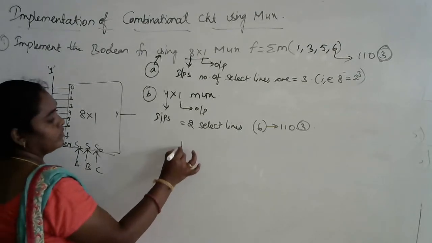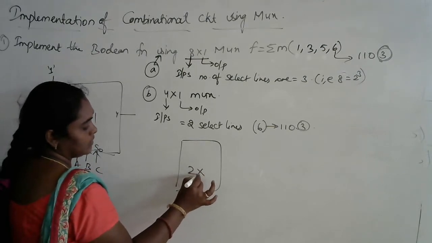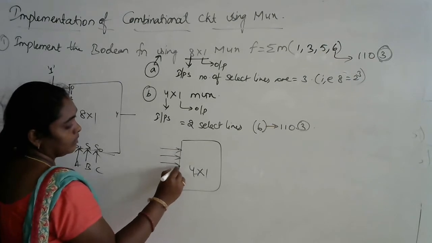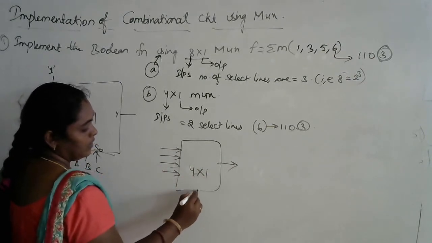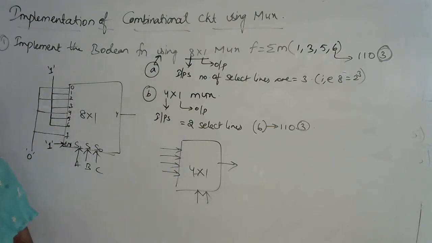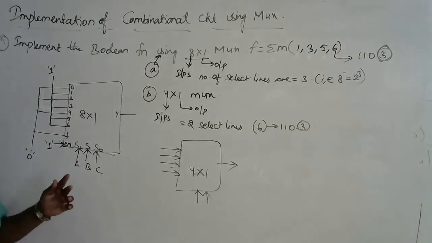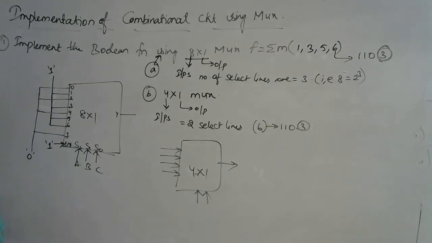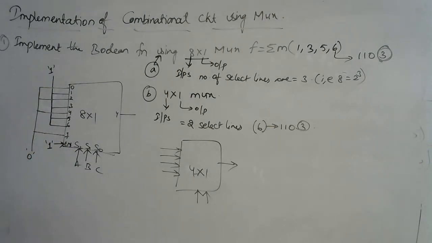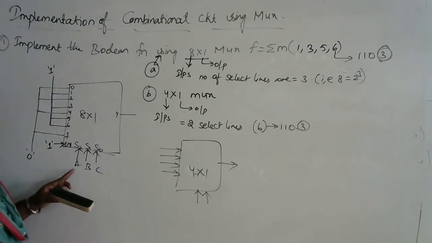So the general 4 by 1 multiplexer has 4 inputs, 1 output, 2 select lines. But as I require more, with 6 equivalent to 3 bits, we need to take 1 as the input. So in order to do that, I am assuming that A is the input. If you are assuming the select line MSB as input, you need to draw one way.